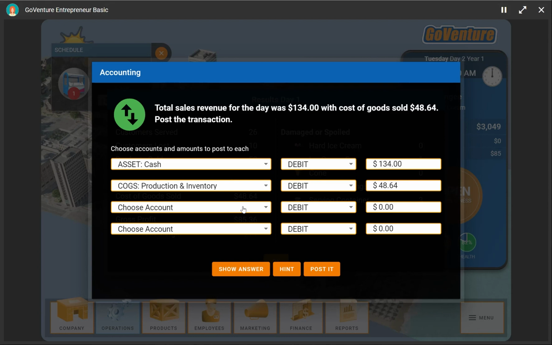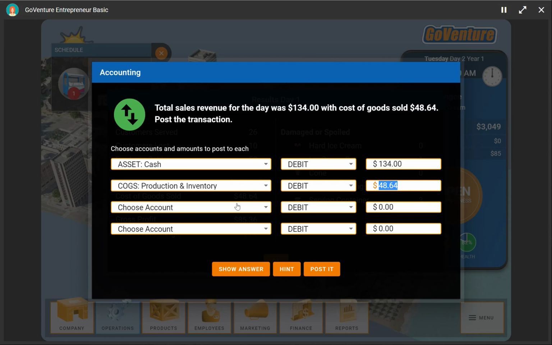Now, the other thing we have to do is we have to adjust our inventory, because we took $48 of value from our inventory asset. These are ingredients that were in inventory and recorded as an asset. We took that value and we made a product and gave it to a customer, which means we no longer have that in our business. It's gone. The customer took it with them. So our inventory is now less valuable than it was before we did that.